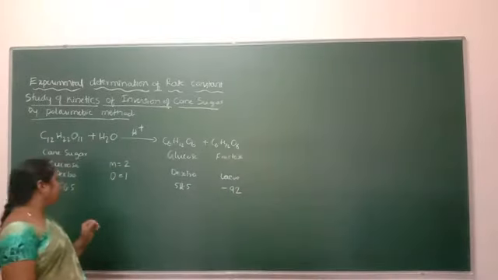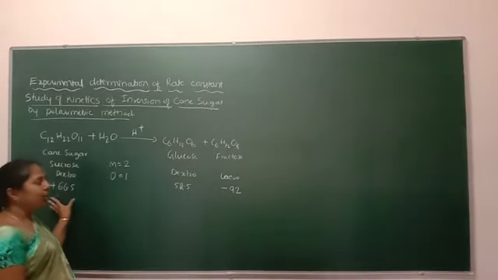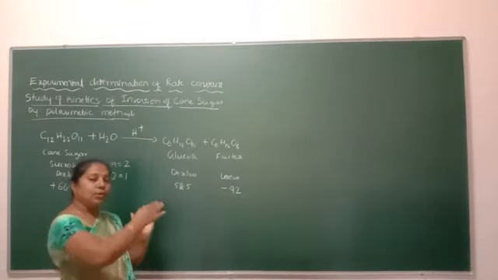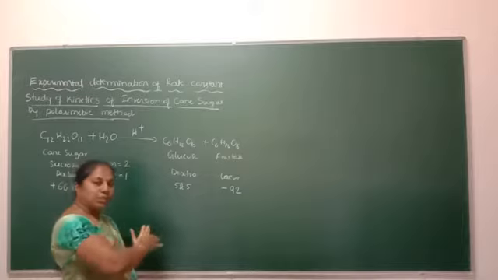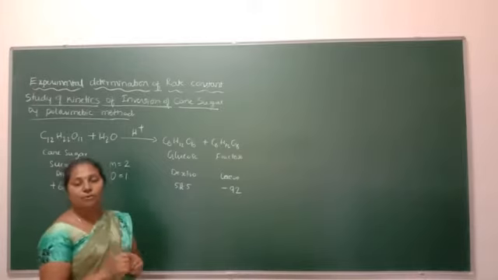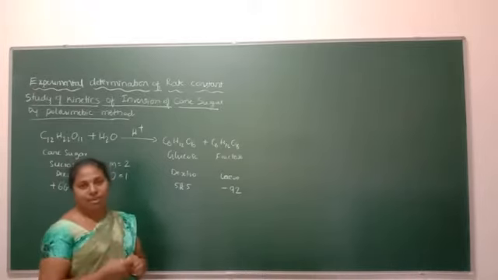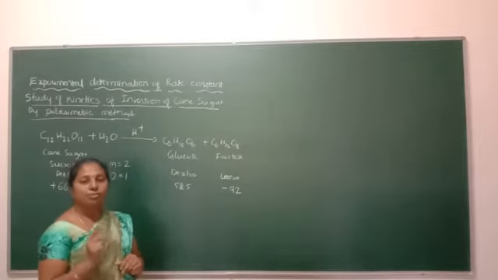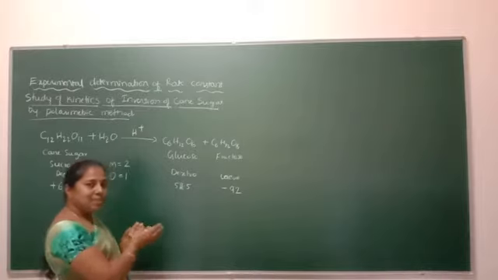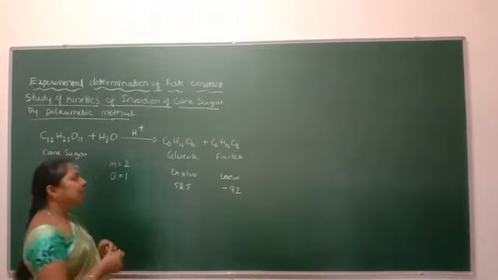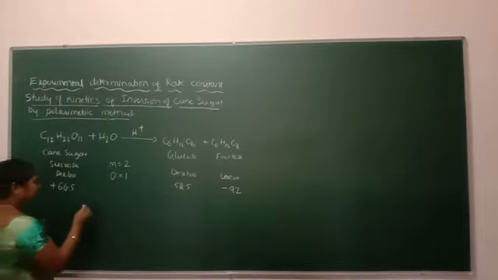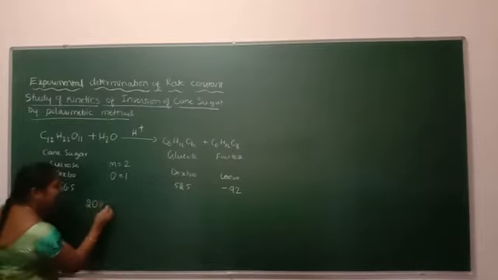During the chemical reaction, the dextrorotatory compound has been converted into the levorotatory compound. So the rotation of the plane polarized light goes from dextro to levo, from right to left. The angle of rotation is to be measured at different time intervals during the chemical reaction. For that, first we have to prepare a cane sugar solution. We will prepare a 20% cane sugar solution.